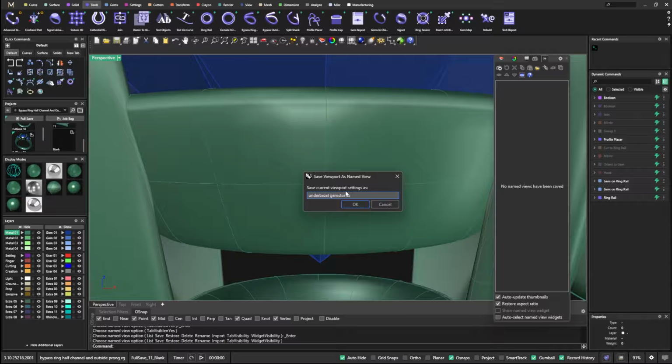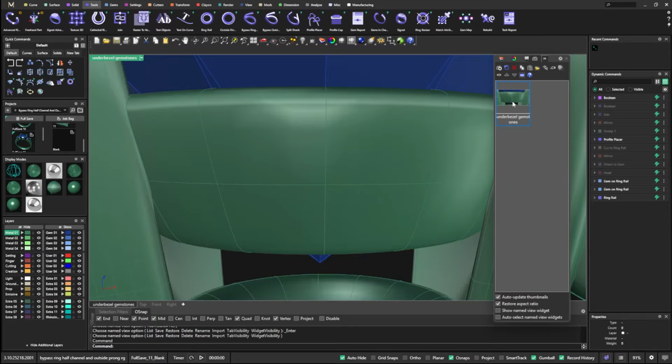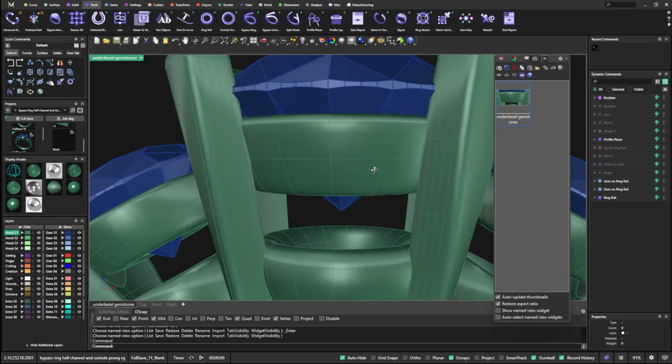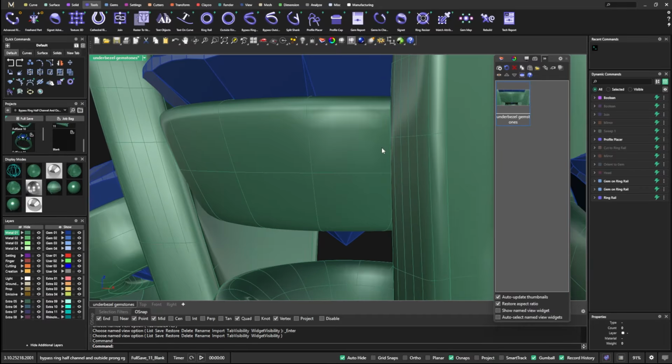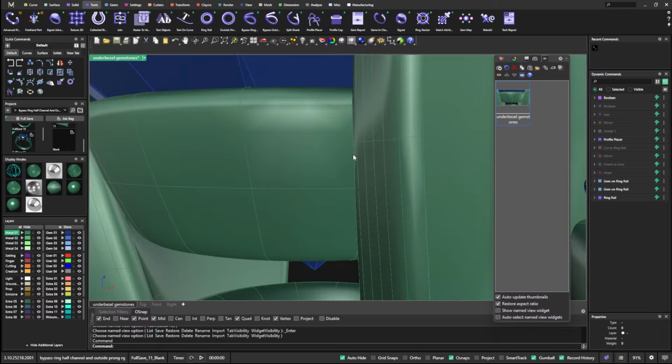Just for this particular name here, you just name it view 1, view 2, view 3, whatever you want. We'll just go ahead and click, and it'll give us that view here. And we also know we're probably going to want to come over here to look at this side quite often to make sure we're not cutting into that prong. So we'll just go ahead and call this right side,